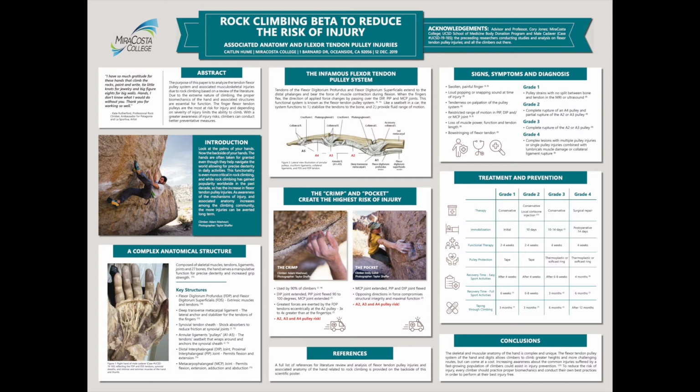So if you look down at the crimp photo in the middle of the box, you see how there's a little bit of a bowing effect, particularly between the proximal and the distal phalanx there. Those fingers are in extension, whereas your PIP, or your proximal interphalangeal joint, is in flexion. So that contradiction of extension and flexion puts those A4, A3, and A2 pulleys at a very high risk for